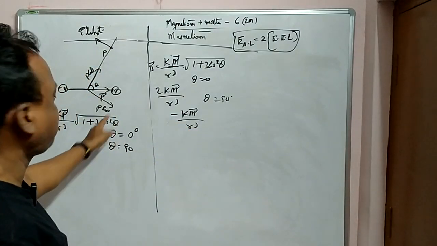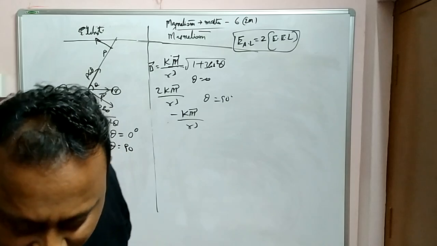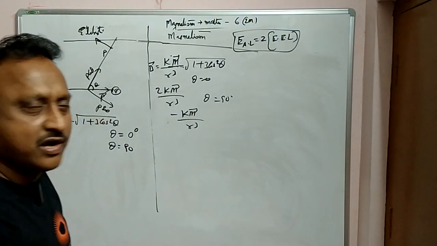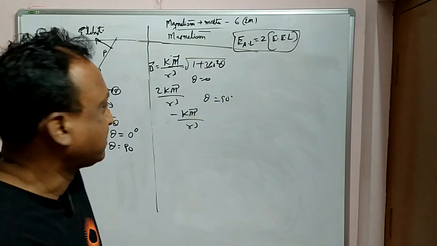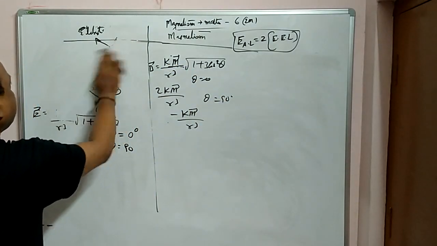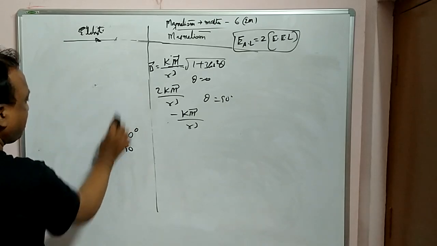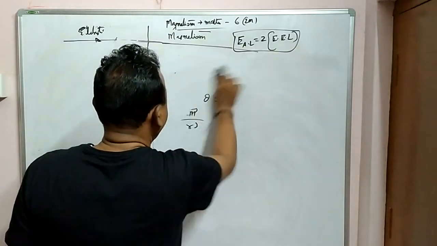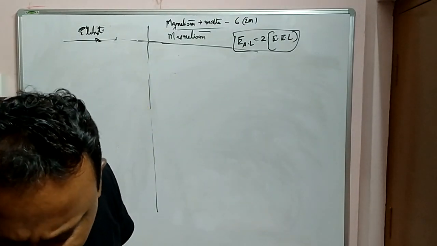So this is the generalized formula I have given for electrostatics. That also you can apply here at any angle if it is given. Okay? That is Kp by r cube root over 1 plus 3 cos square theta, or Km by r cube root over 1 plus 3 cos square theta. You can apply both. Okay? So these are the comparisons regarding electrostatics and magnetism, various formulas, axial line, equatorial line. 2 more are left out, that also we'll discuss. That is,